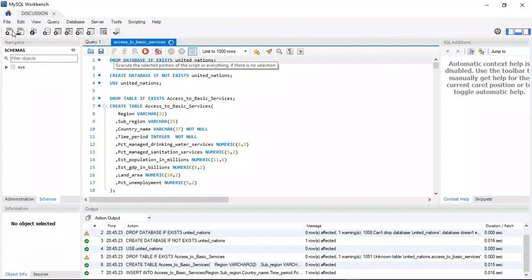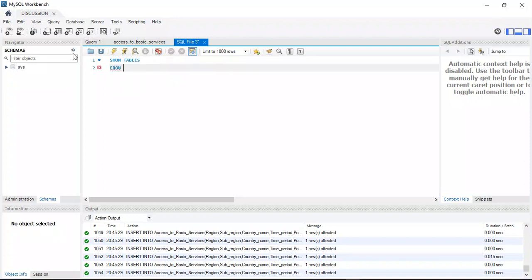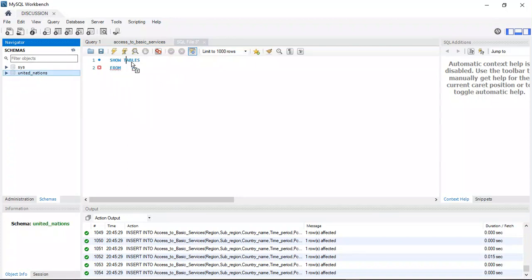And then if you open a different tab, let me minimize and close this other. For example, let's say show tables. Show tables from this database. So first of all, let me refresh here, and then you can see it is here. So show tables from this database. Then when you run,